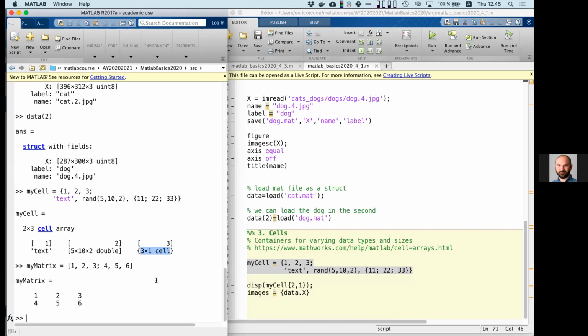Imagine that you're doing signal processing and you have a time series. You wouldn't store a time series as a cell, because if they're all samples, they're all of the same type, and it's obvious that there's more speed by using a simple type like just an array. But the cell might be very, very useful, similar to the struct, so that you can combine